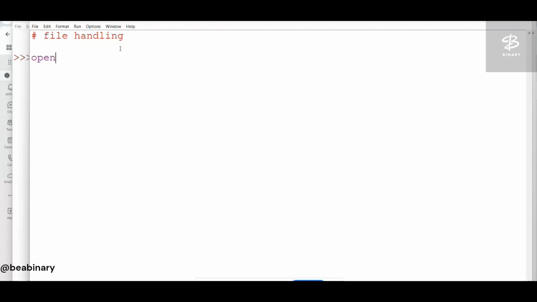Now I will use the open function. Remember, open is a function in which we give two parameters. One is a file name. So my file name is, for example, abc.txt. Okay, this is the file name I'm going to open. And what mode will I select? I will select R mode. R for read mode. That means whatever content is written in the abc.txt file, I'm going to read